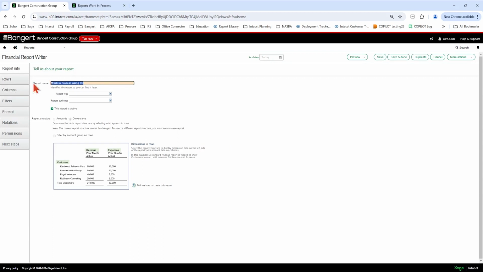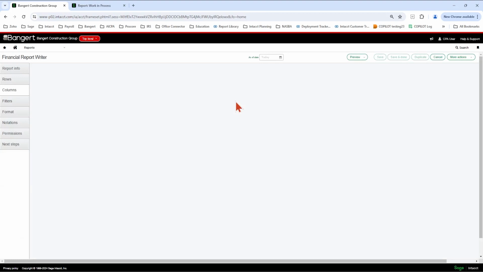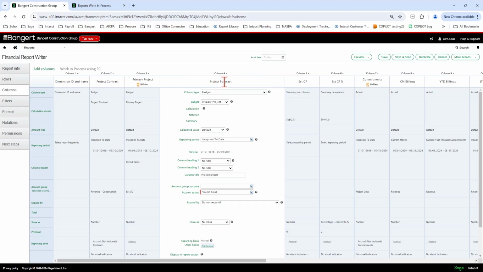Okay, so the work in process report, I'm going to edit that. And instead of it saying project estimate, I've renamed this column to say project forecast.